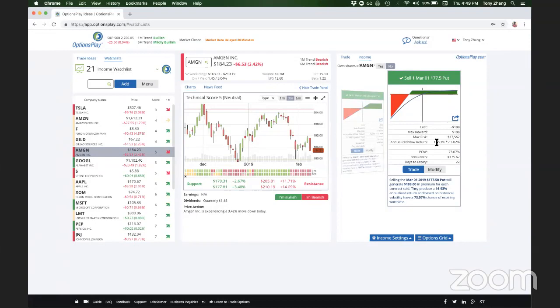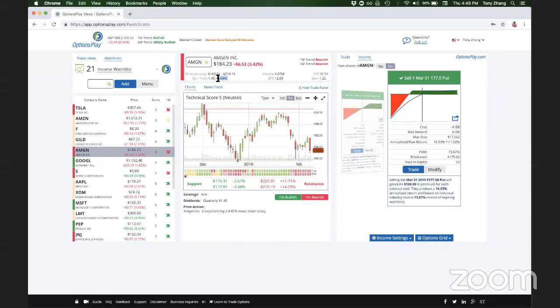And this comes out to be a 16.93% annualized return on a stock that currently pays only a 3% dividend. So you're actually increasing your yield by a significant portion by selling a cash secured put. And if you don't get filled, meaning if the stock doesn't go below 177.5 before expiration, you simply do this